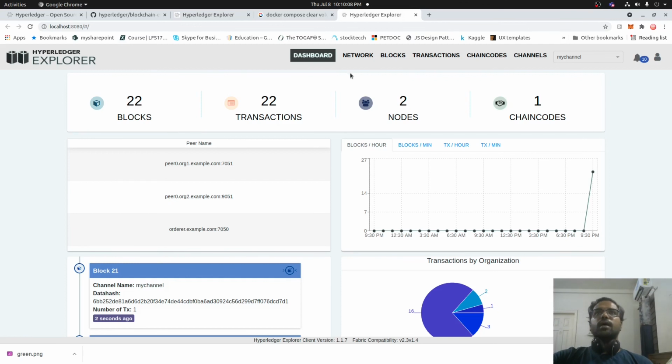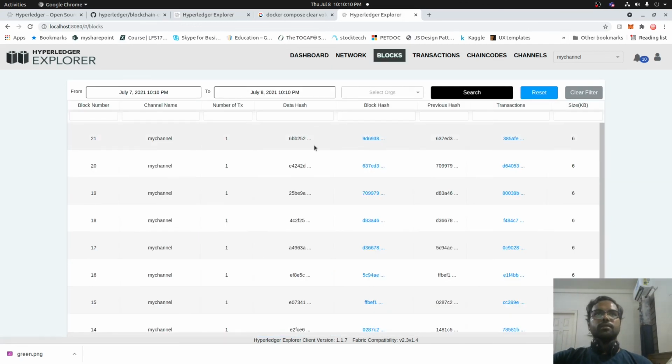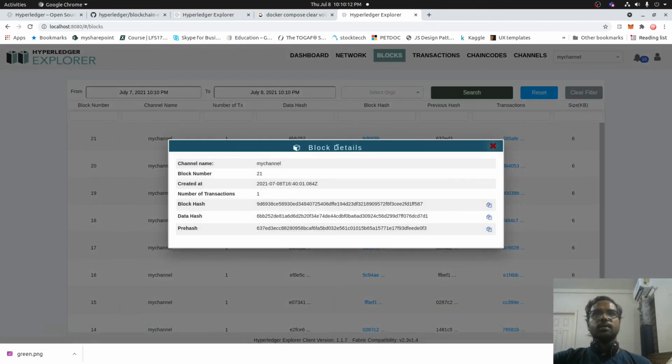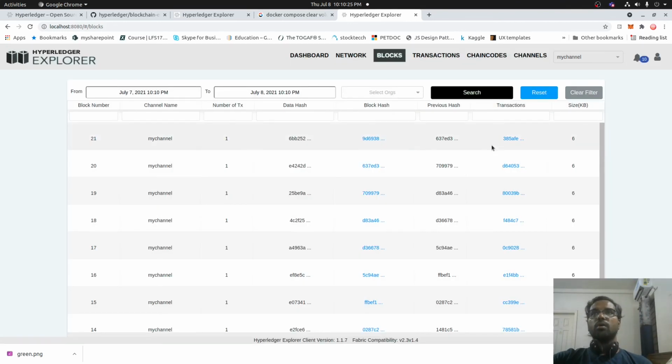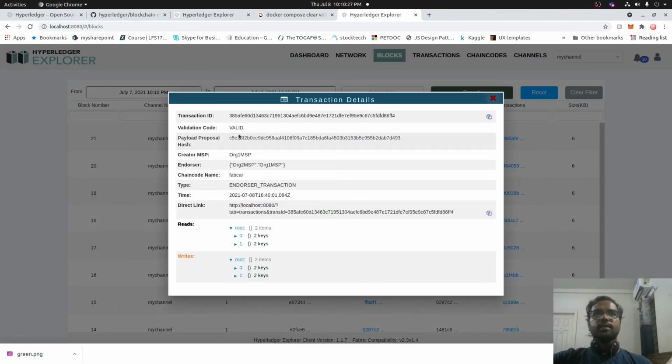Okay, let's see the blocks. The block has the block number, created time, number of transactions in the block, the hash of the block, the data hash, and the previous hash. This is how a block looks. This is the transaction, with information such as read and write sets.